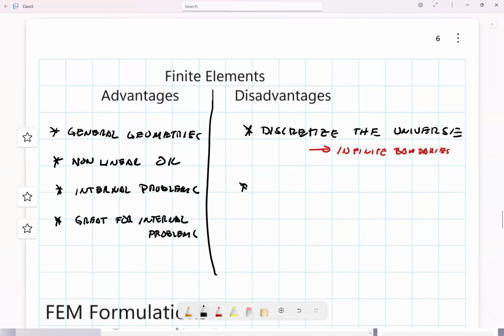Another thing is that it needs pre and post processing. So basically, you need an entire CAD program. If you cannot do the whole thing by yourself, you need a CAD program. Some of the finite elements programs like COMSOL and ANSYS will take your AutoCAD drawing and just integrate it. You still need to define all the domains and all these things, but at least you don't need to draw